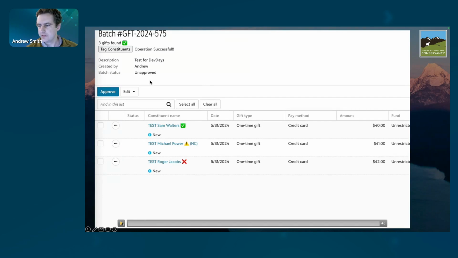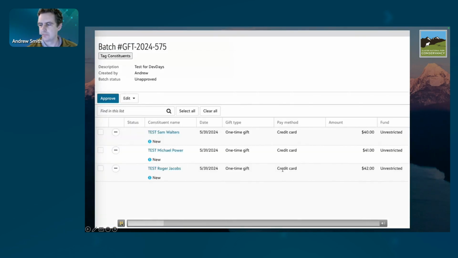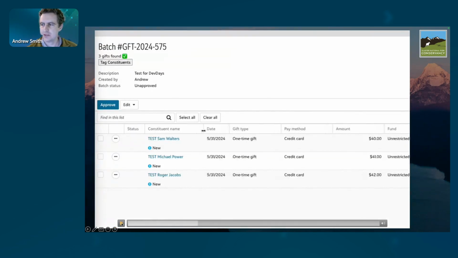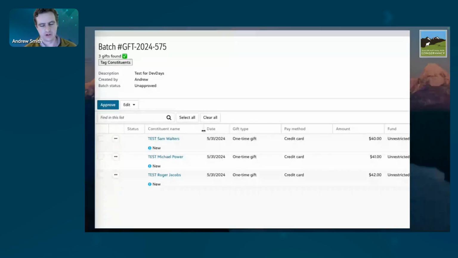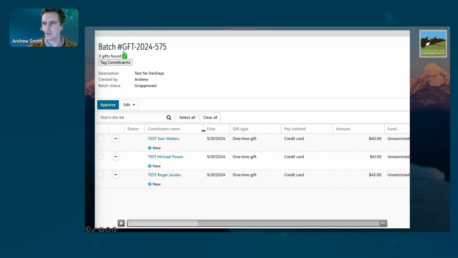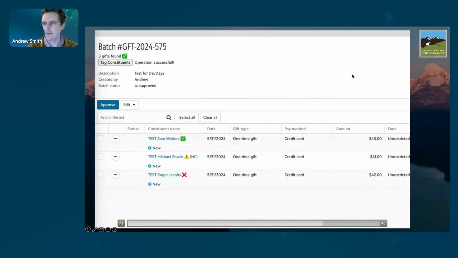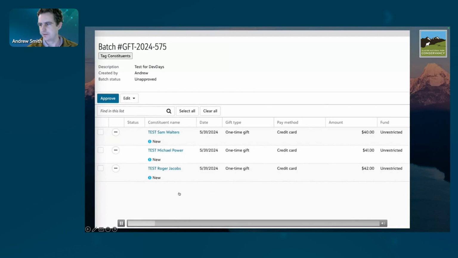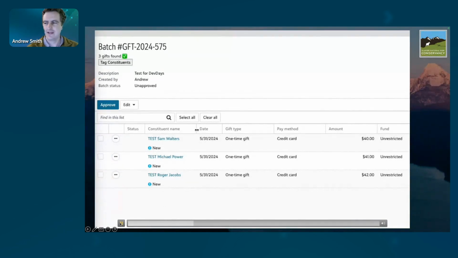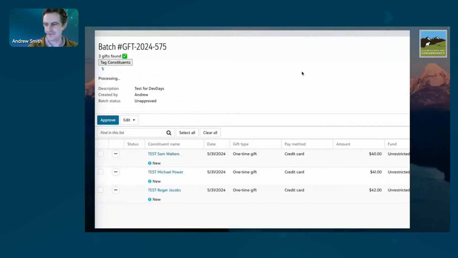Okay, so let's see what happens when we are ready for action. So we've already set in our pop-up that we want to remove these people from the Giving Tuesday series. All 3 gifts have been found. We can see we've got the green check mark. So we are ready to hit tag constituents. So it loads. This will take just a second. And then we get our outcome. Oh, I did that twice. But, as you probably saw there for a second,